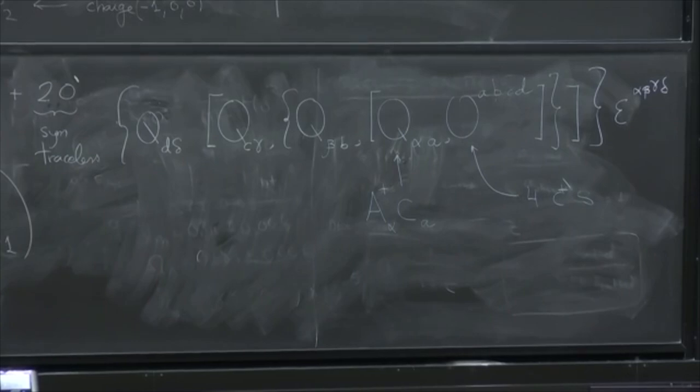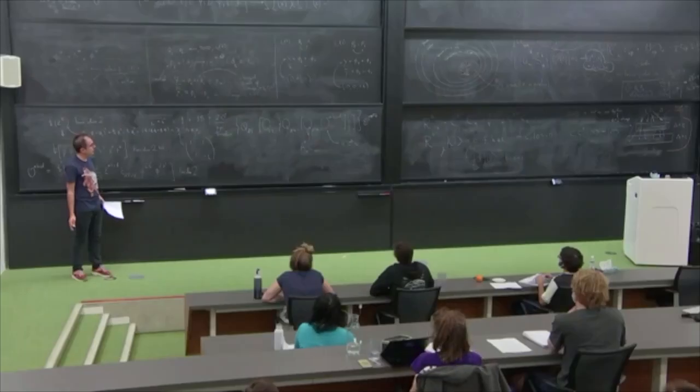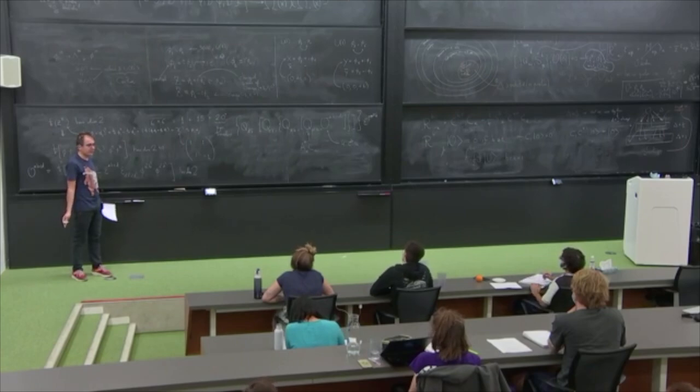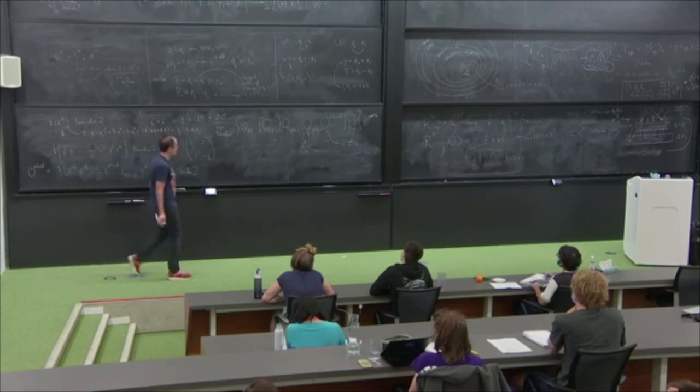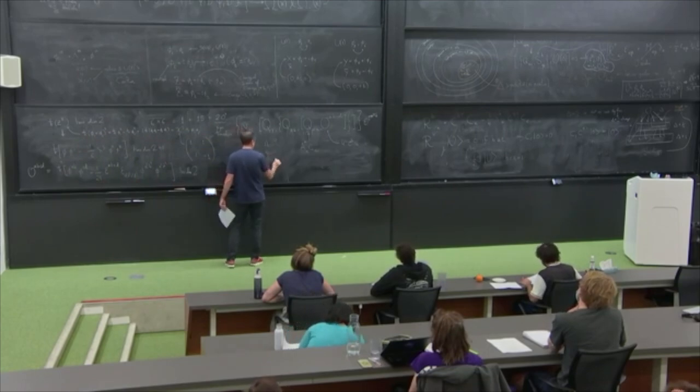We start with this object that has dimension 2, and it has 4 C bars, and we act 4 times with these Qs. What happens to the Cs and the C bars and the C daggers? Each Q removes a C. So after acting with all the Qs, how many Cs do I have? 0. So at the end we have 0 Cs. And how many A daggers? 4. So this is equal to curly F squared,